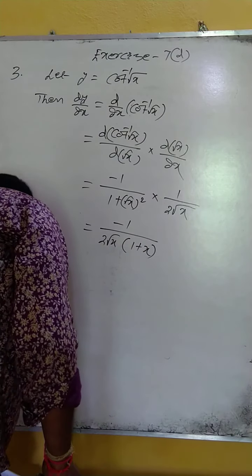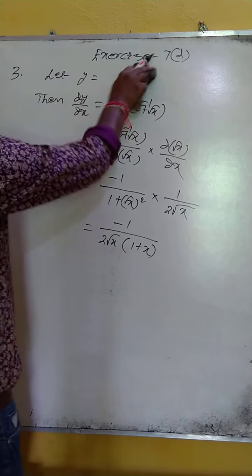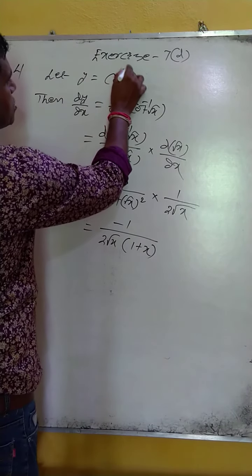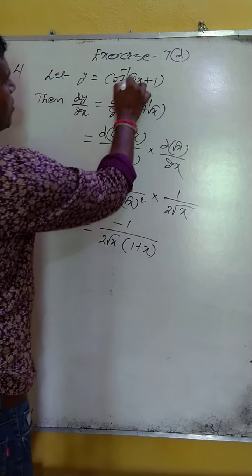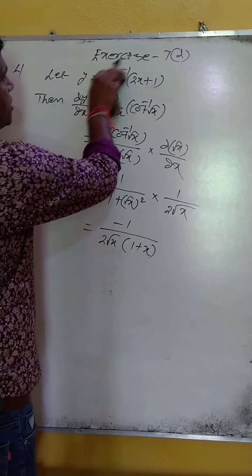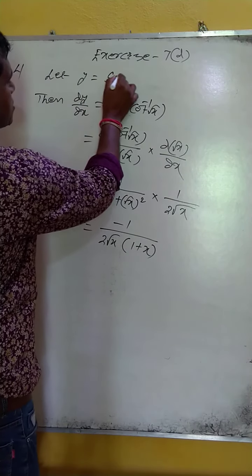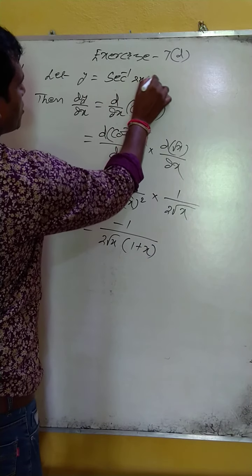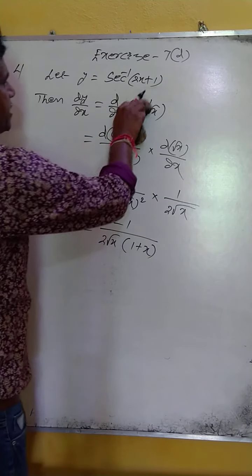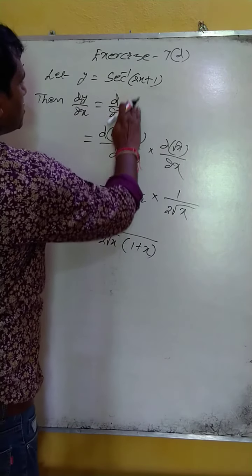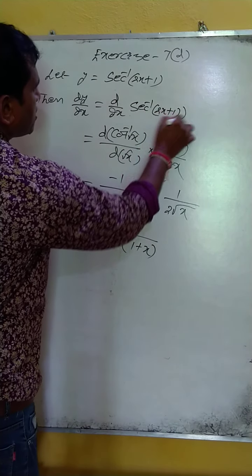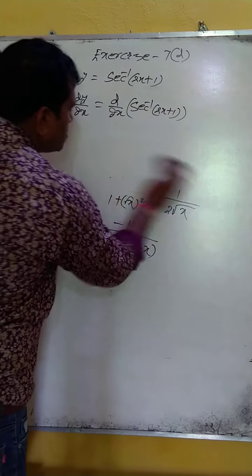Next we do number 4. Let y is equal to sec inverse 2x plus 1. Sec inverse 2x plus 1. Then dy by dx is equal to the derivative of sec inverse 2x plus 1,